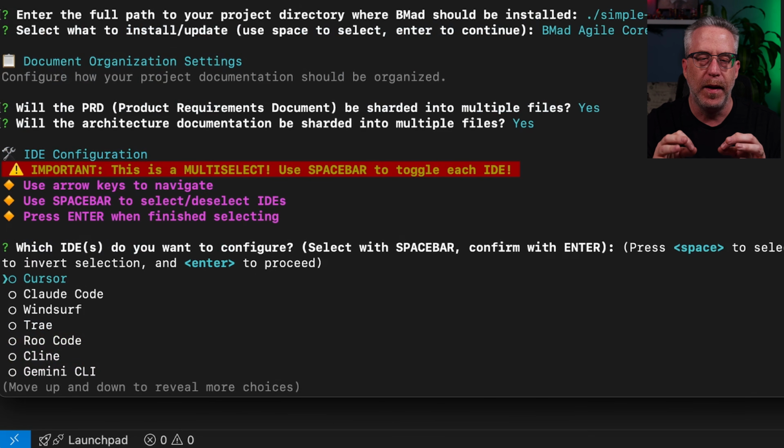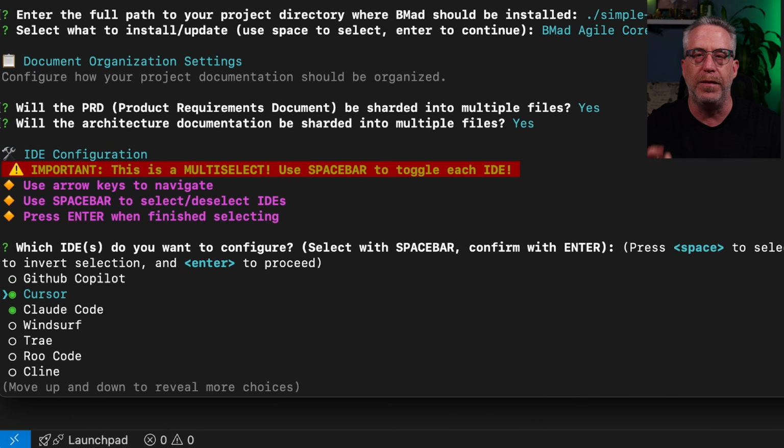Now here's a warning, and this is just pointing out this is also a multi-select. You can select one or multiple IDEs that you want to install to. For example, let's say that you are a fan of Cursor and Claude Code. Well, you can hit spacebar on Cursor and spacebar on Claude Code. Today, I'm just going to be doing this in vanilla VS Code, so I am only going to be using Claude Code. So I have highlighted Claude Code with the radio button. Make sure that you actually spacebar to hit the radio button. If you just highlight it, like I have right here, right now, and hit enter, this will actually not install